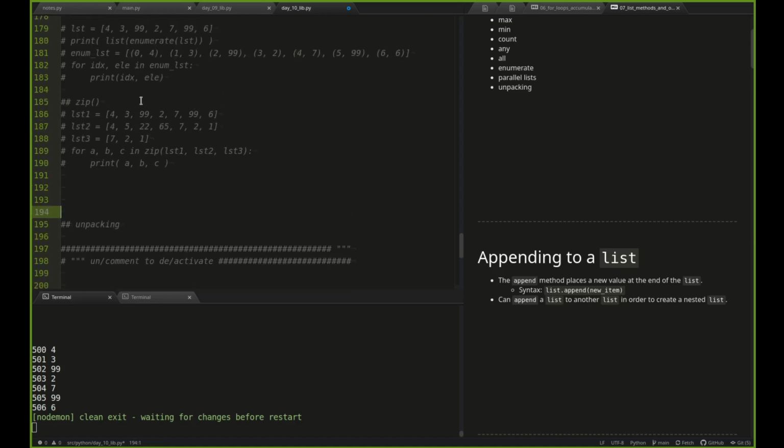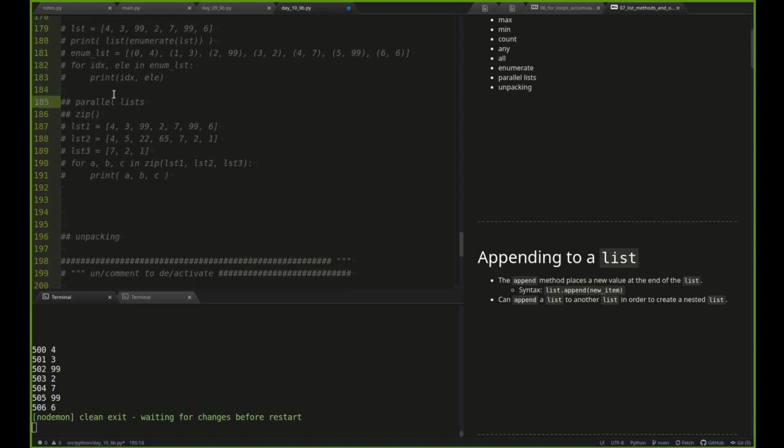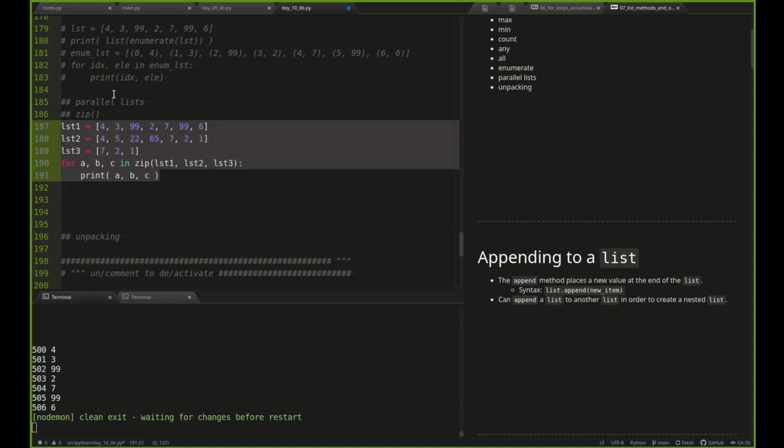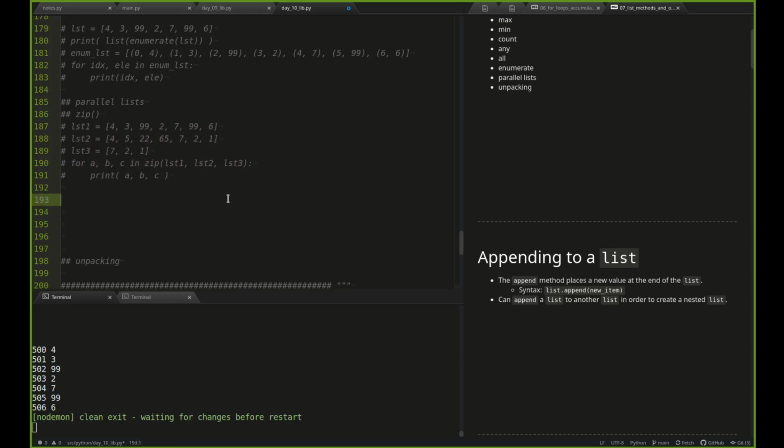Parallel lists, this topic is the zip topic. This is an example of parallel lists, right? So when you have lists that you want to iterate through in parallel, right? So imagine if I had names equals James, Joanne, Jesse,